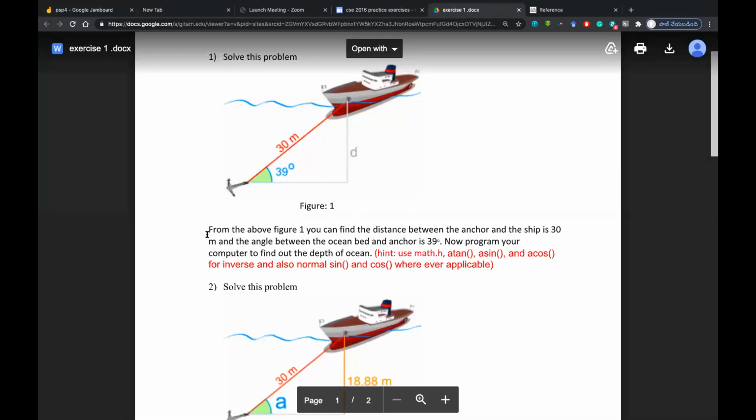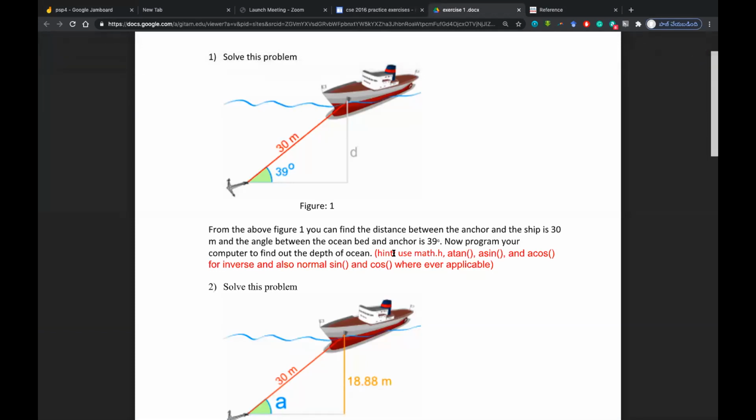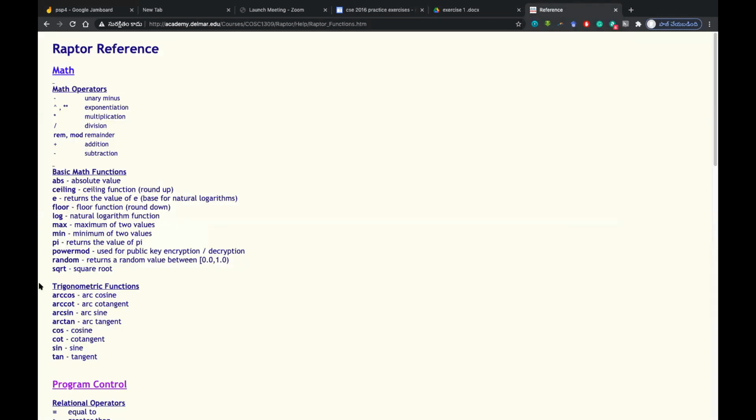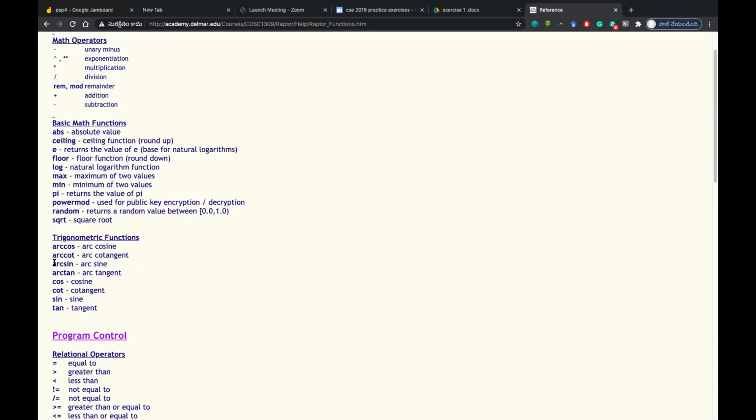This is the problem. This is a simple math, but the thing is that you need to explore what are the things that are there, right? So you can find out the functions for sine inverse, cos inverse. You will have something like this. Okay, this is arc cos, arc sine. I think you know that these are the sine inverse and cos inverse. Okay, so you know that sine minus 1, cos power minus 1, something, the sine and yeah, you can explore these functions.